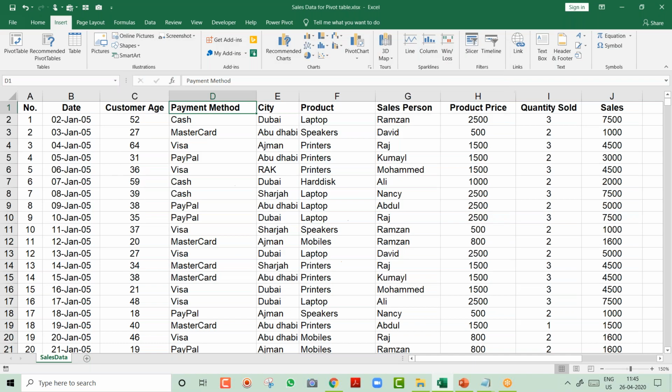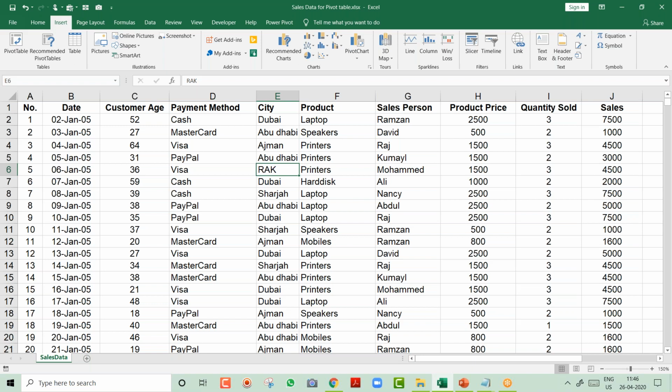So now I want everybody to pay attention to the screen. Each and every step will be important for you, friends. Okay. So now I have this data. Now I wanted to create a pivot table summary report. So pivot table is one of the best options. You have subtotal, you have the SUMIF formula, you have the COUNTIF formula. We can create a dashboard with those also. But today's session is only focused on pivot tables. I'm not going to use COUNTIF, SUMIF. Okay, but you can use those as well.